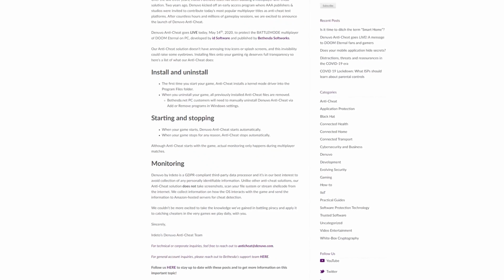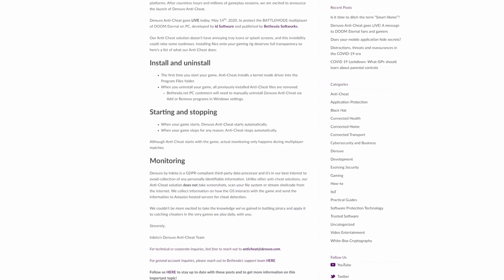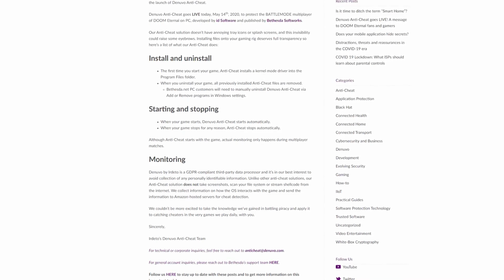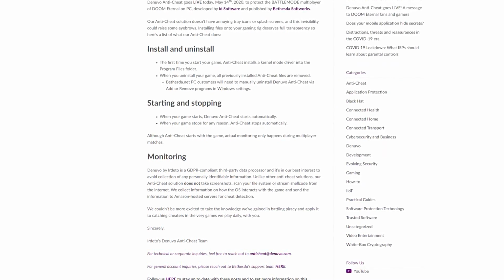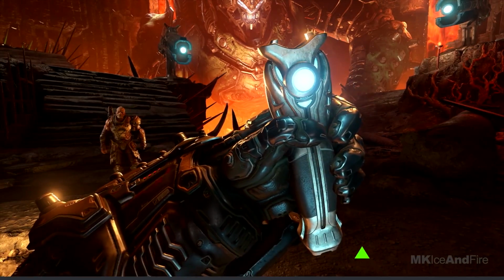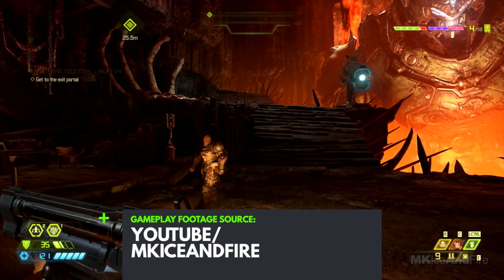Denuvo states that the anti-cheat system launches and closes along with the game and only monitors multiplayer gameplay. They further state that the system is GDPR compliant, it takes no screenshots, and does not scan your file system or stream shellcode. Now, many people simply heard the dreaded term Denuvo and were incensed that Bethesda had decided to